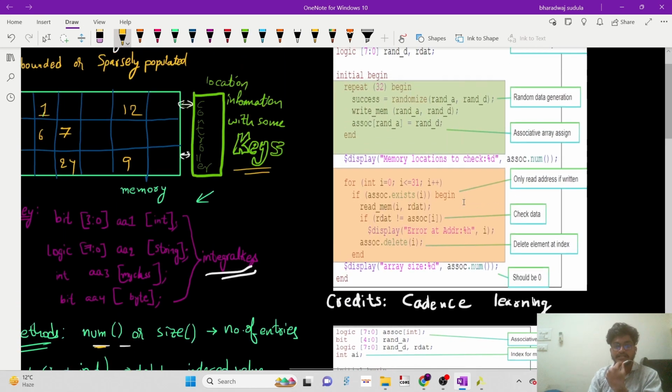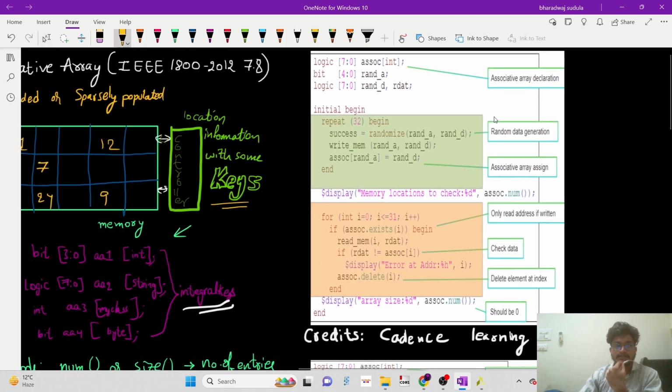And if we take an example, here we have associative array and an address for randomization, like address for memory, and this is for data, and this is for reading the data from memory. Here we have some repeat block just to write the data to memory by randomizing address and data, and this is for checking, let's say associative array has how many entries in it, and this for loop is for just,